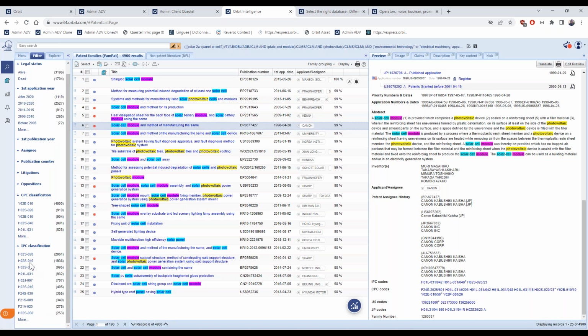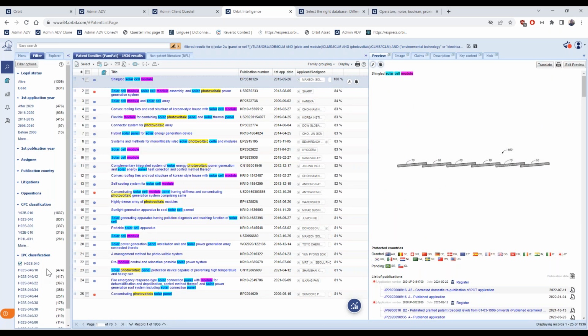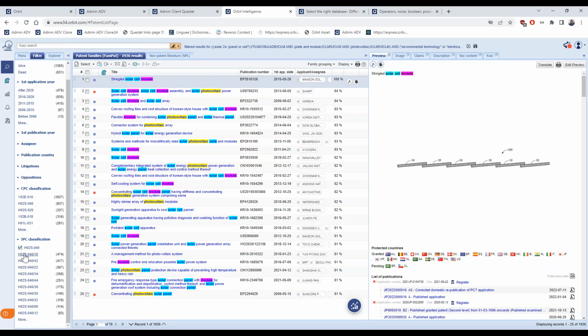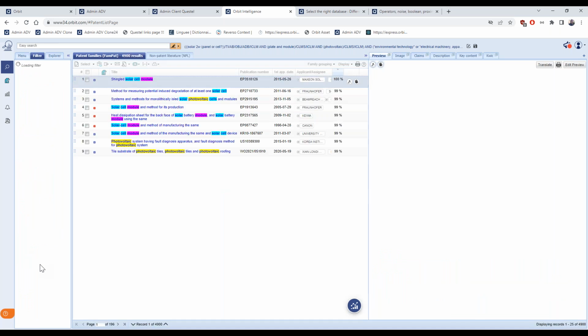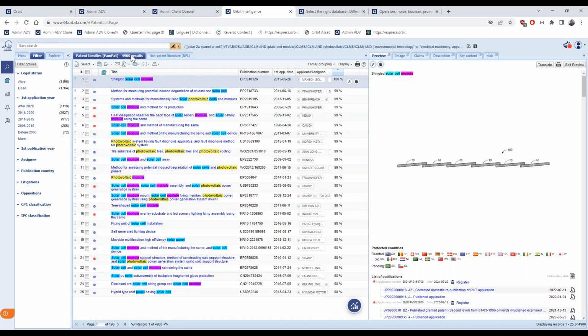And maybe, let's say, I would filter on a specific class. I can, of course, remove the filter by unticking it and going back to my previous data set.